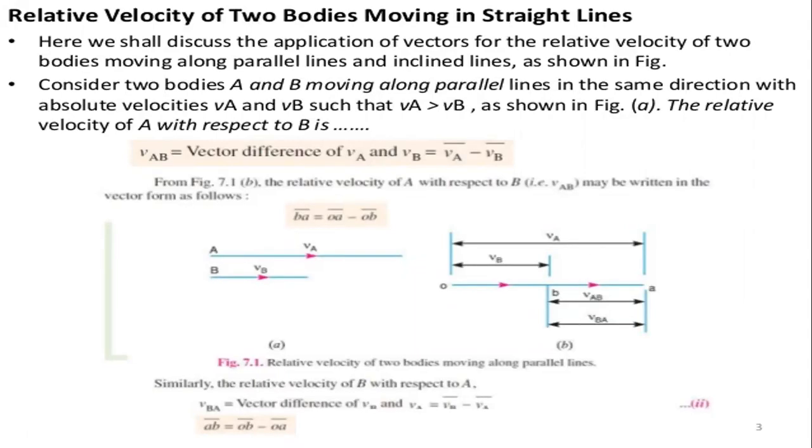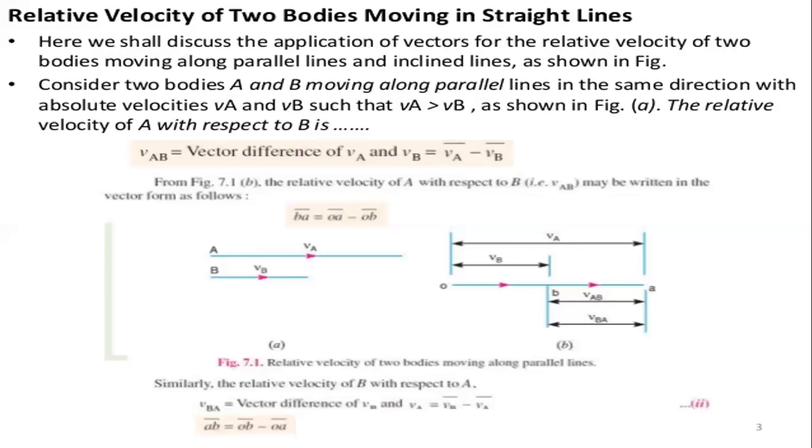So first of all, we need to study about the relative velocity regarding the two bodies moving in a straight line. Generally, these two bodies are moving in a straight line and they are in linear motion. We have studied it in the first unit as well as the second unit. There is no difference between reciprocating motion and linear motion. Both are moving in straight line motion only.